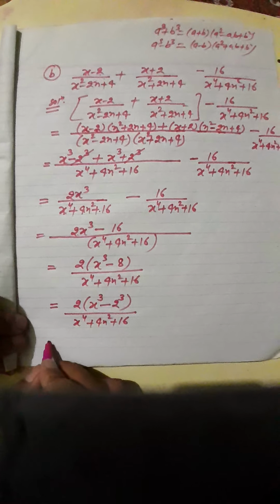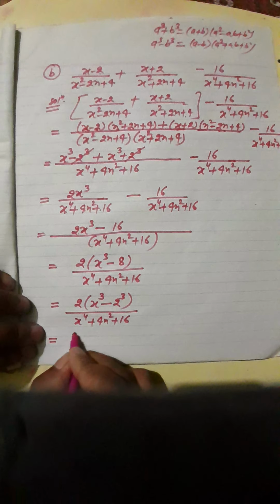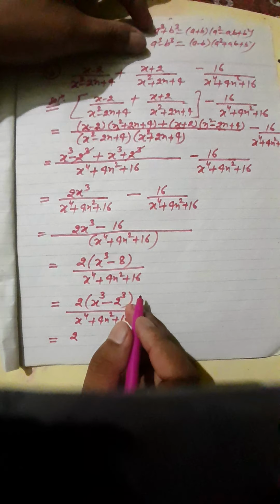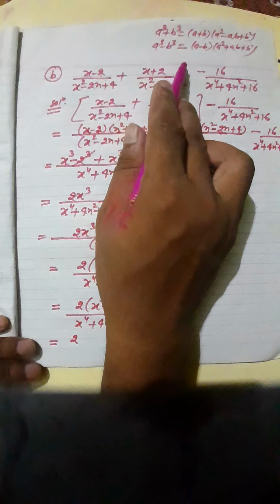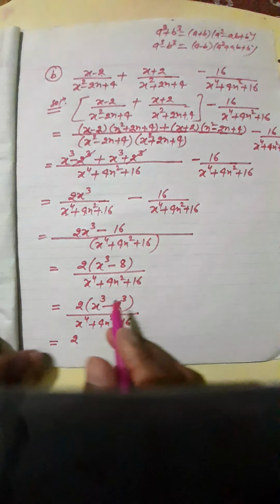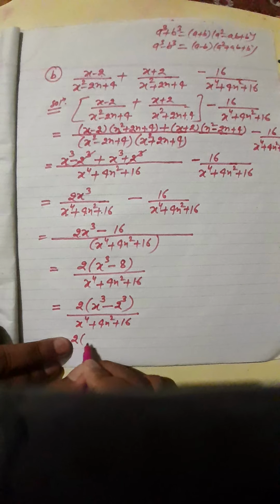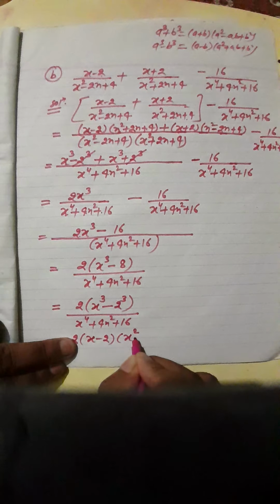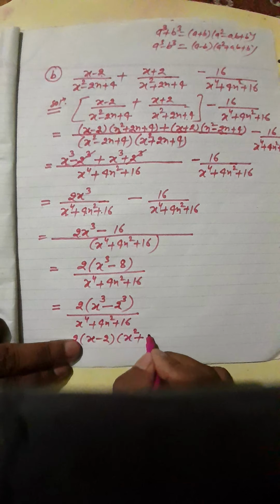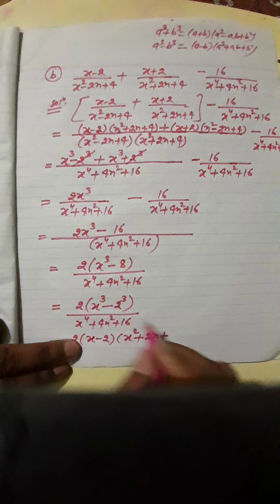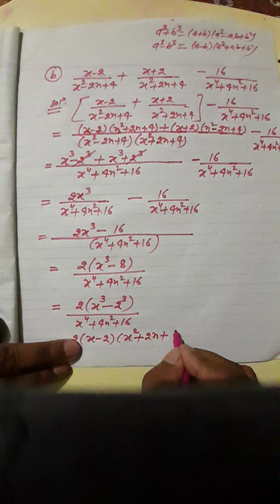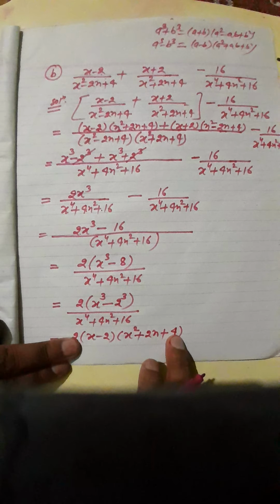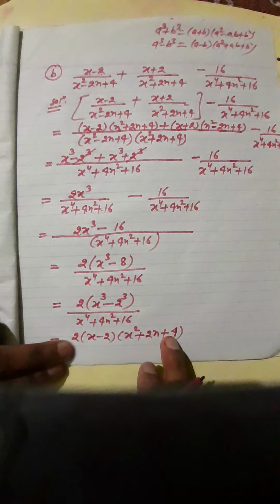This is equal to, we can write, upside it is in the a cube minus b cube formula. You know the two formulas, a cube plus b cube and a cube minus b cube, you have to keep this in your mind. So here a cube minus b cube is equal to a minus b, that is x minus 2. Now a square means x square, plus ab means x multiplied by 2, we can write 2x, plus b square is here 2 square, and 2 square we can write directly as 4 here. So here a square plus ab plus b square means 4 we can write here. So divided by